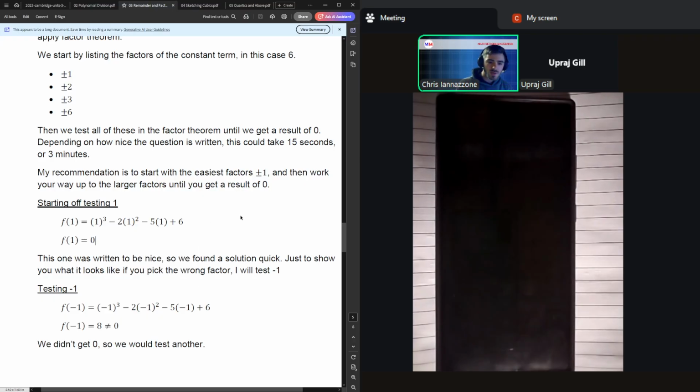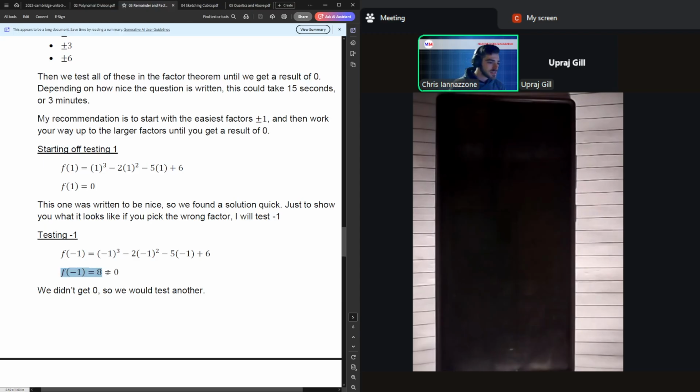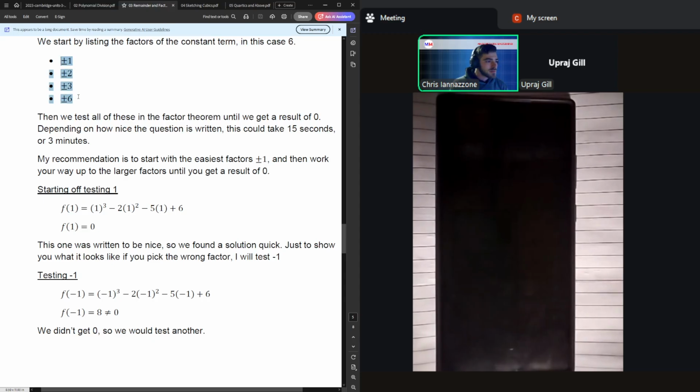If you get 0, you're happy. You found a good number. If you don't get 0, you're not so happy. Try another one. Now, typically speaking, you want to start with the easiest things to plug in and then work your way up to the hardest things to plug in. Not only because that's less work for you to do, but it's also because that's what the assessors are probably going to be choosing their numbers based on. Like if they're choosing any of plus or minus 6 as their factor, they just were very negligent in their assessment. That, or they're giving you like 10 marks to do the thing because it's going to take you about 10 minutes